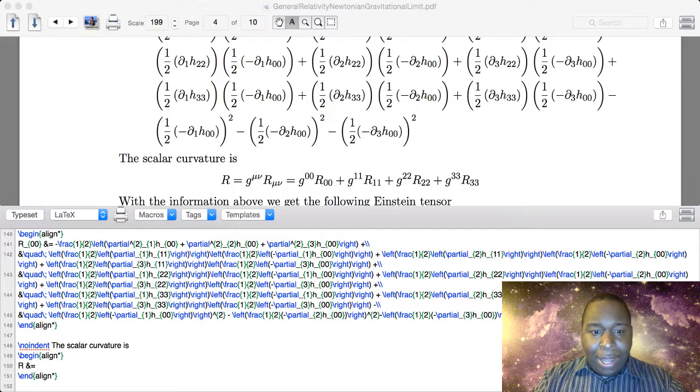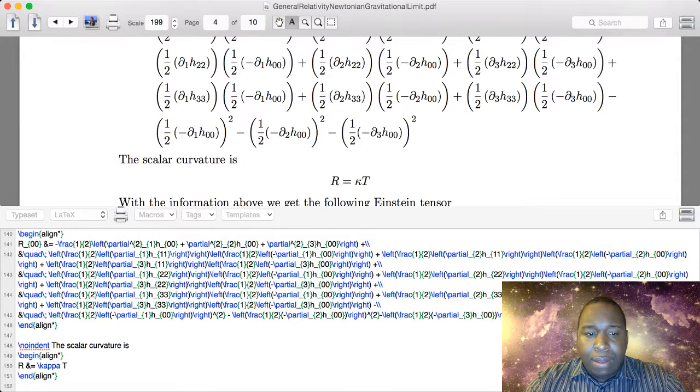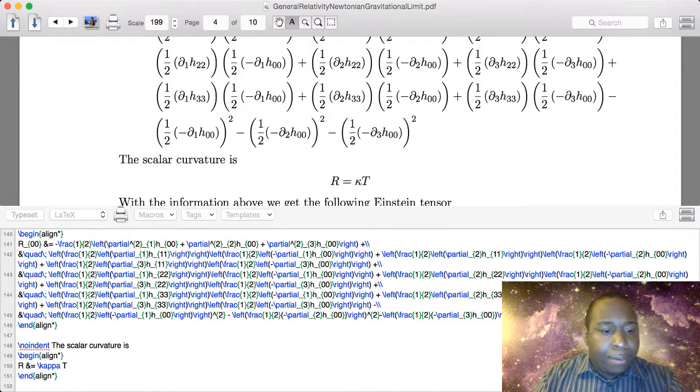And so what we end up getting now is that this can be written as, if I'm not mistaken, kappa T. I think it's, so I'm just going to quickly change this. And so what we can write this as is that the scalar curvature R is equivalent to kappa, which in this case, kappa